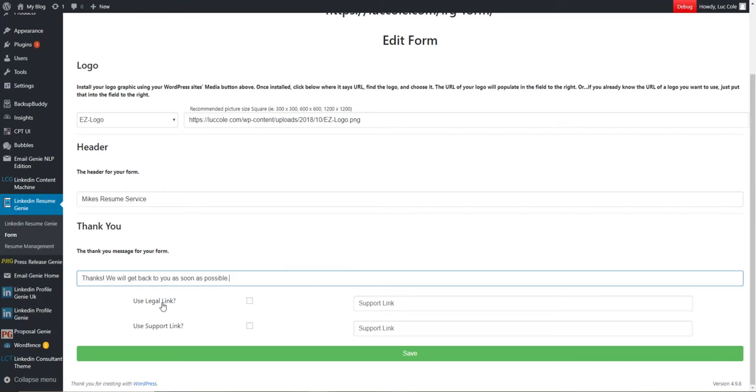Now, this is a new thing that we added to the plugin that you may not have seen in our previous plugins with a form. Basically, legal and support links, just with all of the